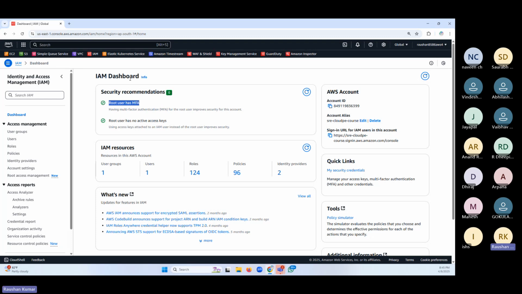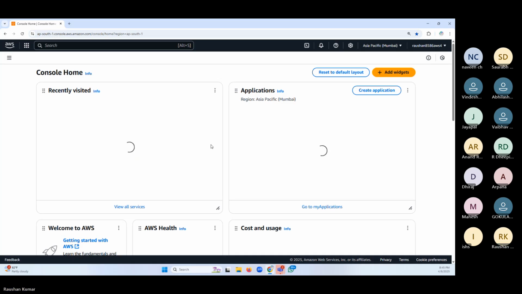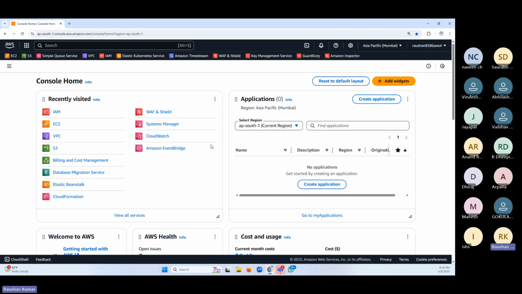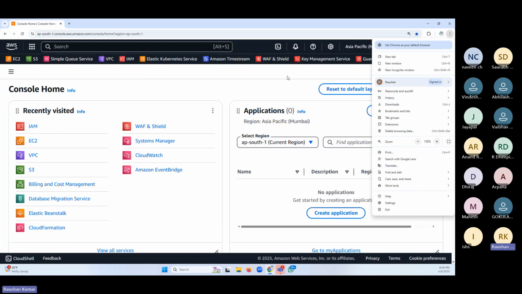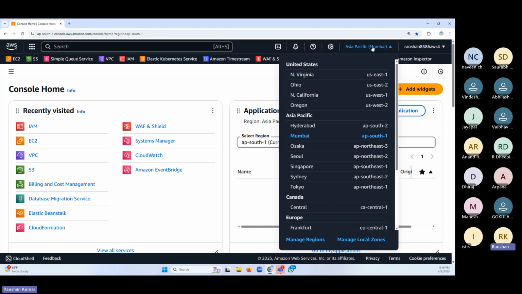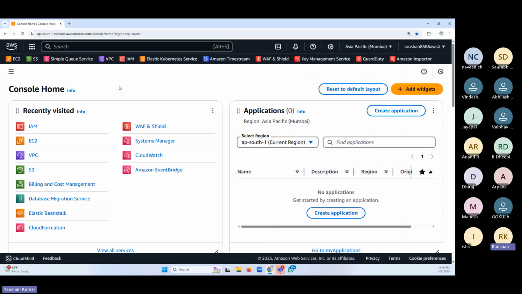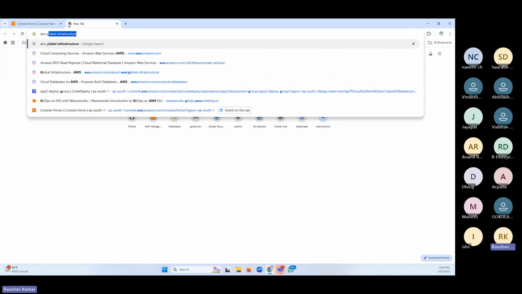Creating the EC2 instance. Let me repeat that part. If you were not clear, and I think Abhilas has joined today, I'm going to repeat that process, friends. How do we create an EC2 instance? Before I create an EC2 instance, the first thing that we need to select is the region. What is region? I told you yesterday that if you go to AWS global infrastructure,